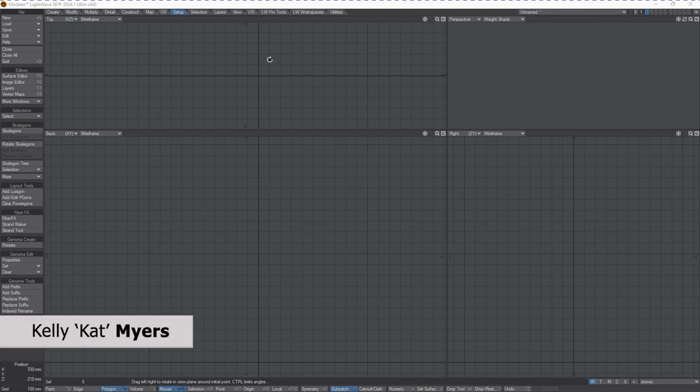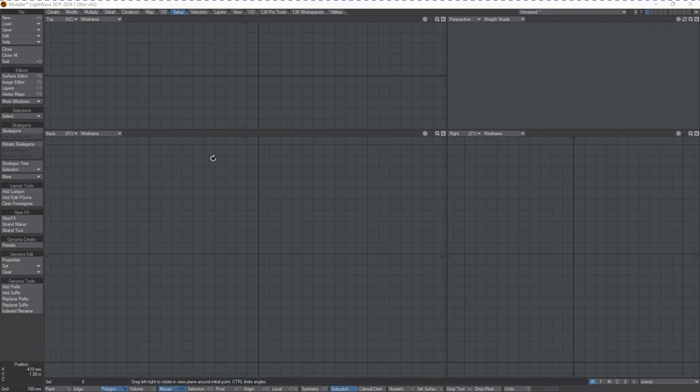In today's video, we're going to be talking about how to import BioVision files, or BVH, motion capture files, into Lightwave Modeler and into Lightwave Layout so that they can come in as either Skelegons in Modeler or as bones in Layout. Now, the purpose of doing this is that maybe you've got some motion capture data that you want to use, and it's got a very particular bone layout, and it's going to be working for you as a structure for a character. So let's get the Skelegons into Lightwave Modeler through importing via the motion capture